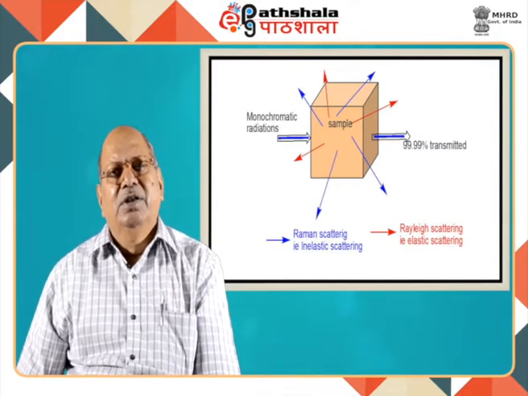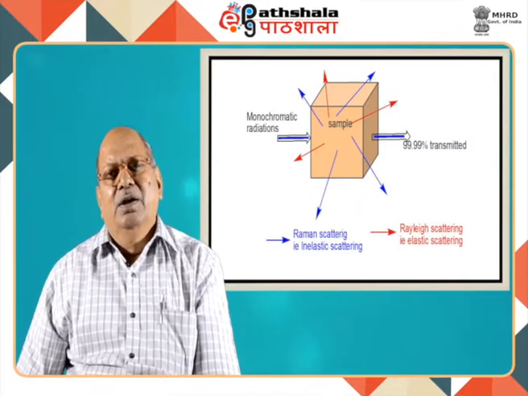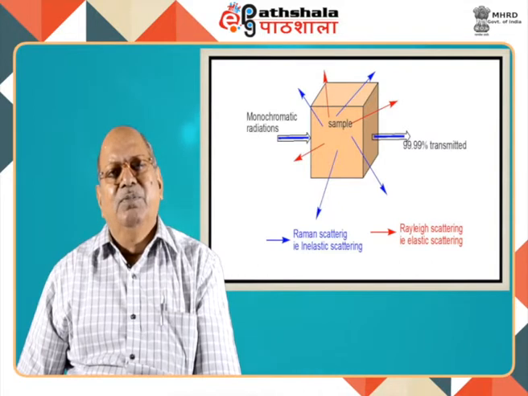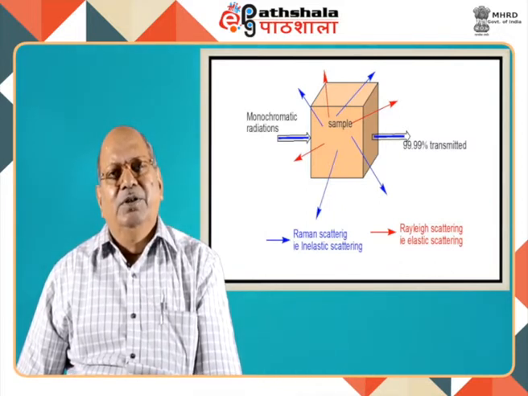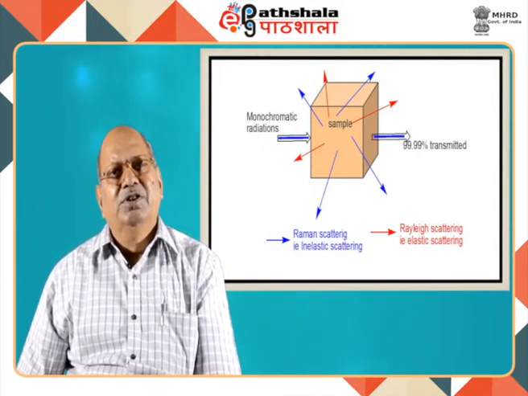Raman scattering is shown by the blue line, and Rayleigh scattering is shown by the red lines. With this help, we can explain the Raman spectrum. It is the shift in wavelength of the inelastically scattered radiation that provides chemical and structural information